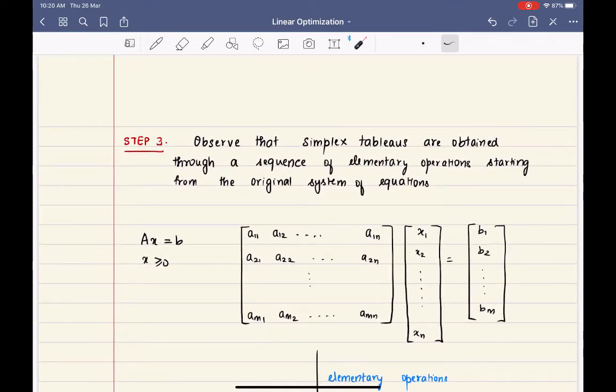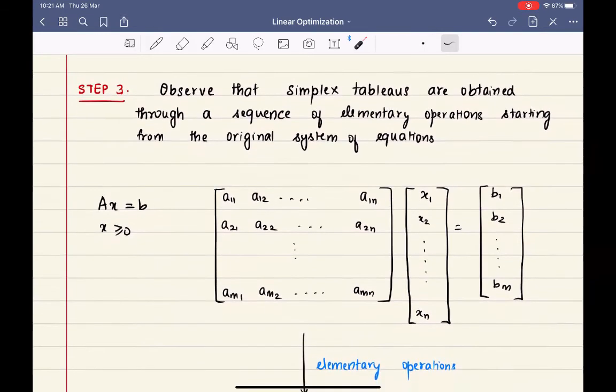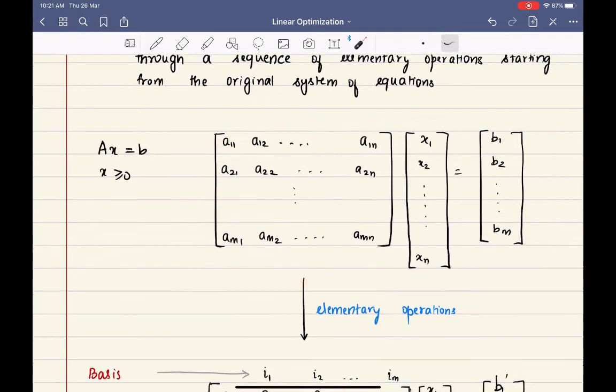Now we go to step 3. So here, note that we want to make use of simplex. So what is a simplex tableau? Here we have said that a simplex tableau is just obtained through a sequence of elementary operations starting from the original system of equations. Okay, so this was the original system of equations. Now, what is this simplex tableau? You essentially find a way to write it as some xi1 equals and so on. I mean, you find some basis elements i1 till im, and you write these elements in terms of the non-basic elements, right? Essentially, you're bringing this system to a form